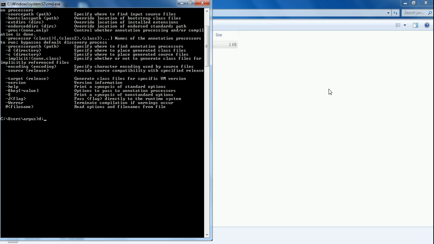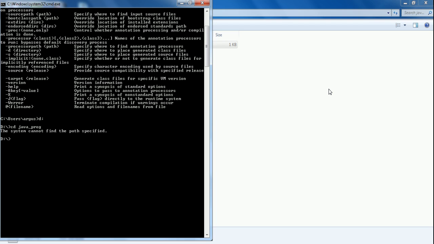We change the drive first, then write cd, which stands for change directory, a basic DOS command, and then java underscore prog, our source program folder name.